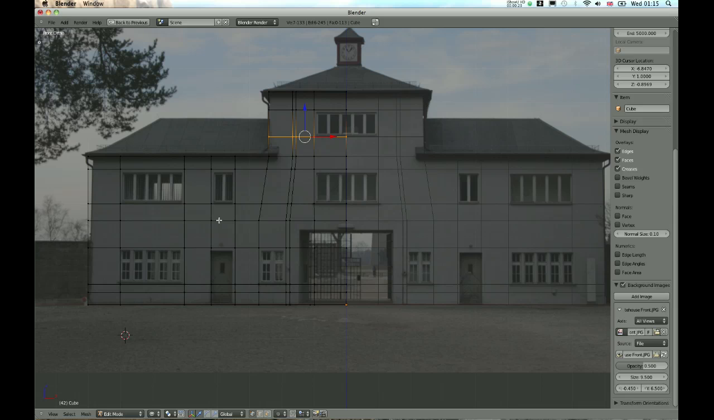So what's next? I think what's next is going to be, we've got a couple of more loop cuts to do actually, so let's put those in for the inside of